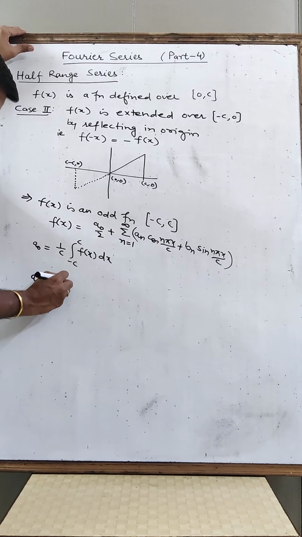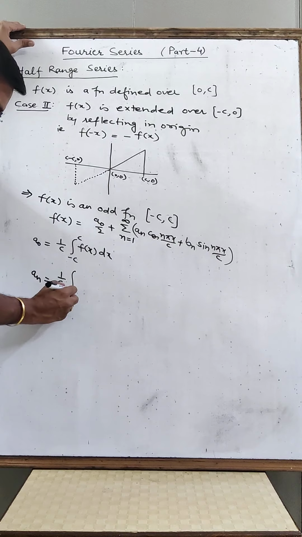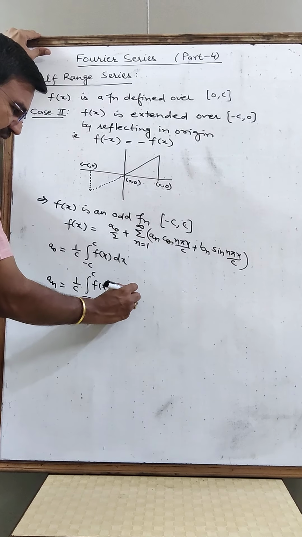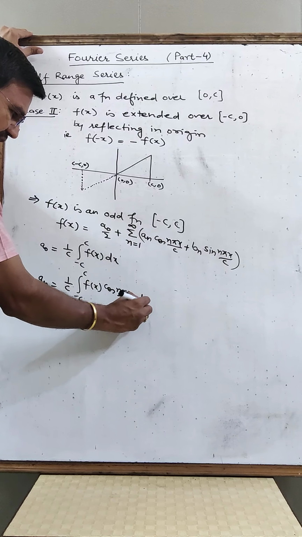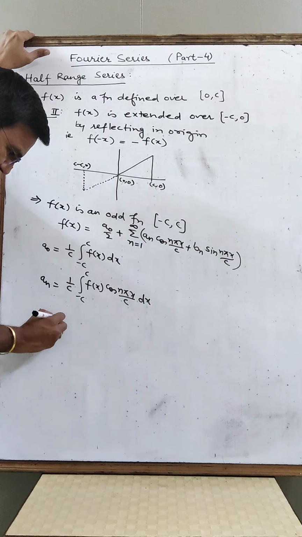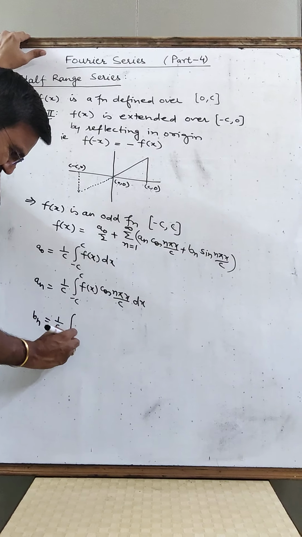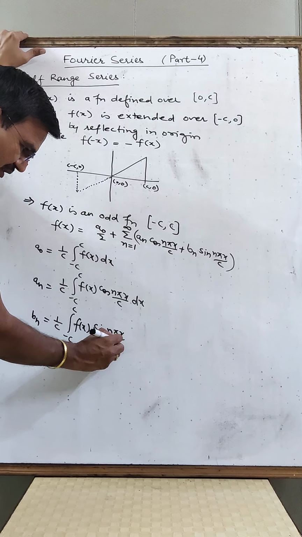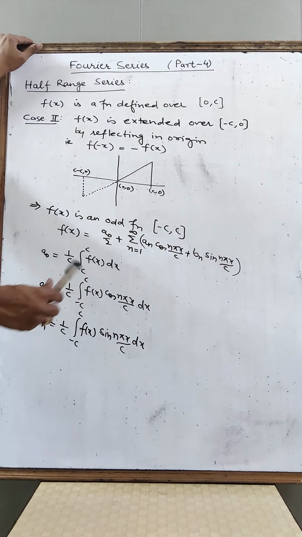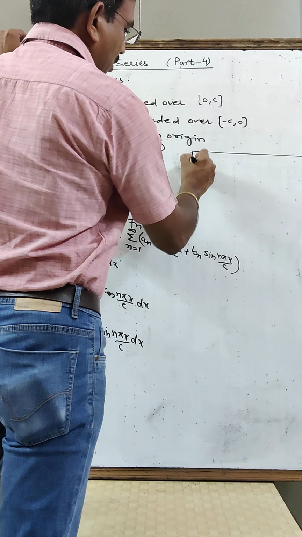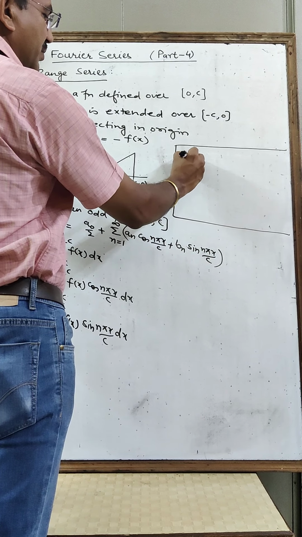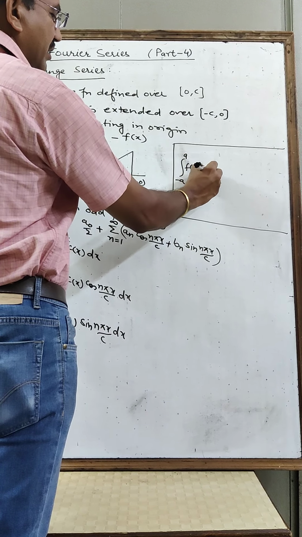An would be 1 over c integral from minus c to c f of x cos n pi x over c dx, and bn is equal to 1 over c integral from minus c to c f of x sin of n pi x over c dx. And using the property again of definite integral, that integration from minus a to a f of x dx